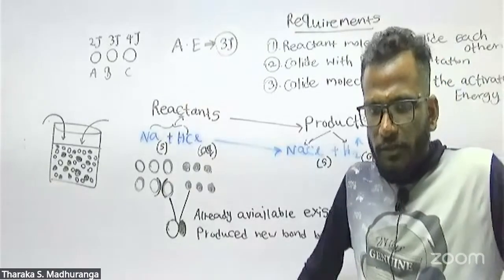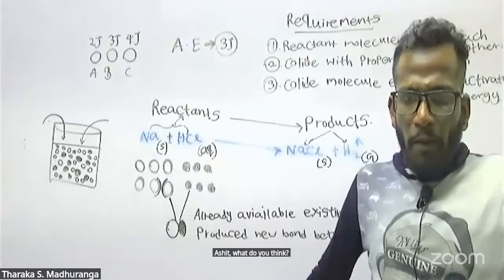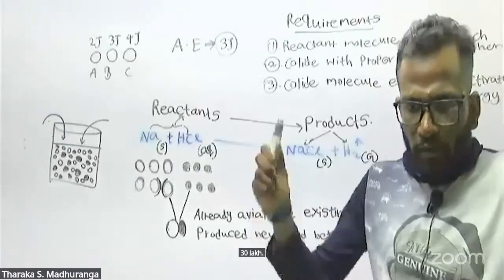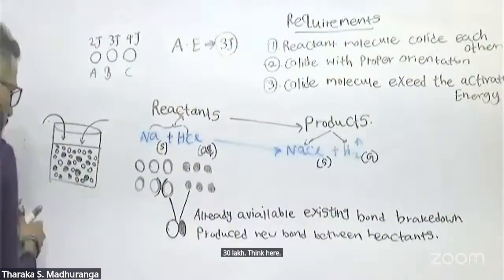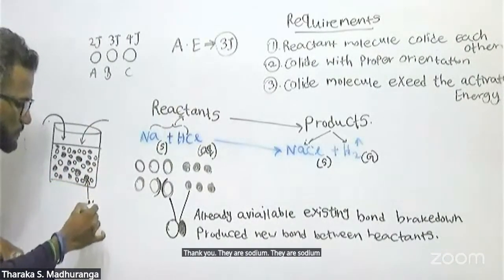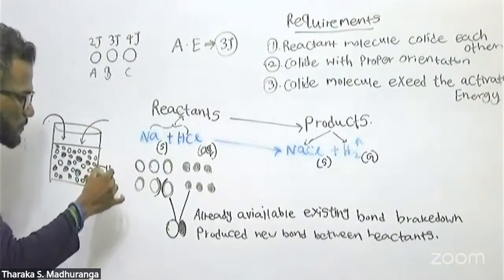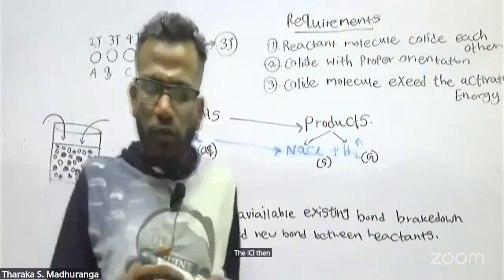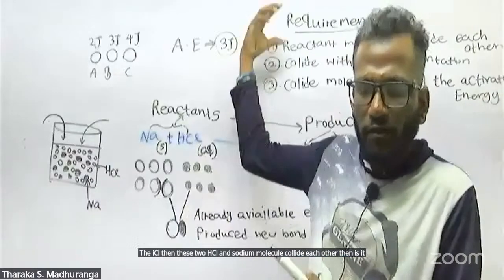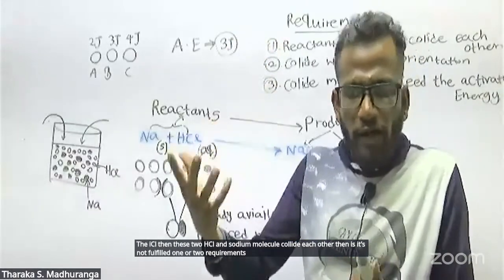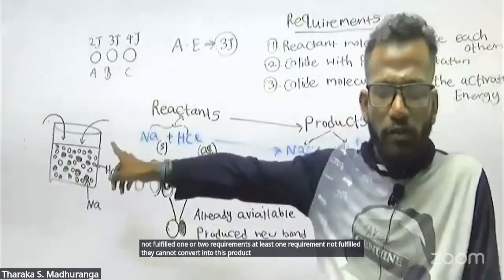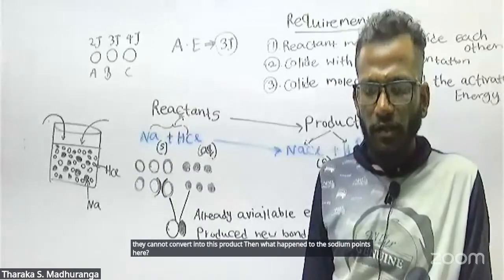Ashad, what do you think? What will happen? Think here. They are sodium molecules. They are HCl molecules. Then these two, HCl and sodium molecules, collide with each other. Then it doesn't fulfill one or two requirements. If at least one requirement is not fulfilled, they cannot convert into the product. Then what happened to the sodium and HCl? Then